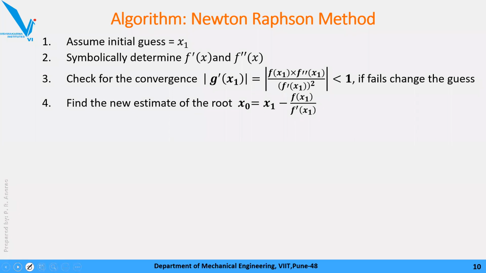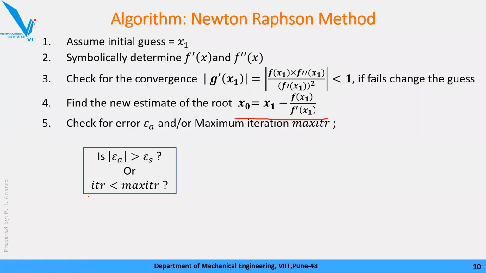Assume that the criteria is satisfied, we are going to the next step, that is the root. Using the Newton-Raphson formula, you will calculate the first root x0. Then you will check for the stopping criteria because it's an iterative process. You will have to do many iterations, so you have to check whether you need more iterations or not. How will you check? You will check it for error or you will check it for the maximum number of iterations.